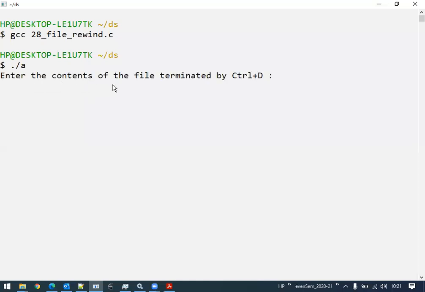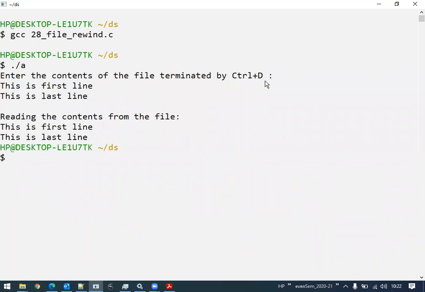Now, enter the contents of the file terminated by Ctrl+D. So now I'm performing the writing operation. Say, this is first line, this is last line. Press Ctrl+D.